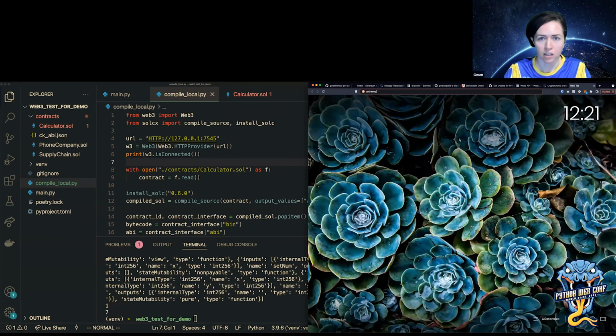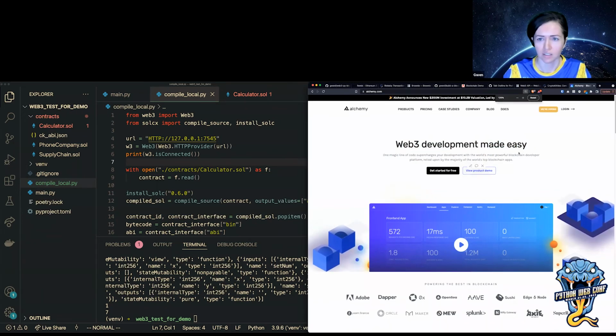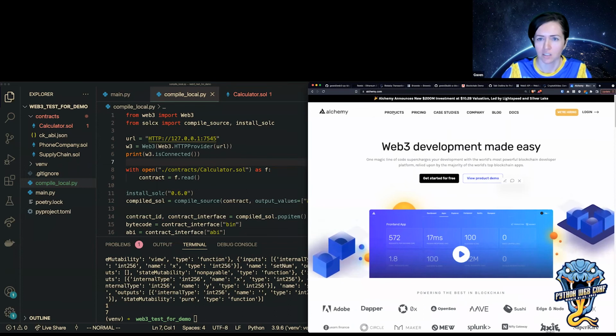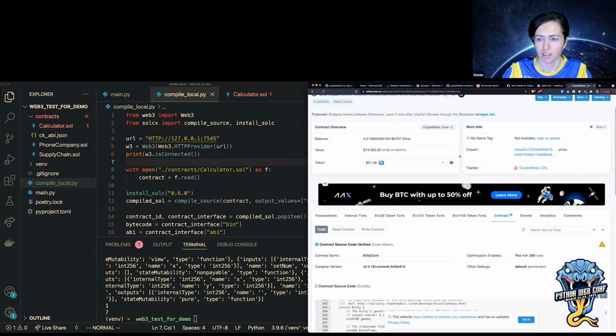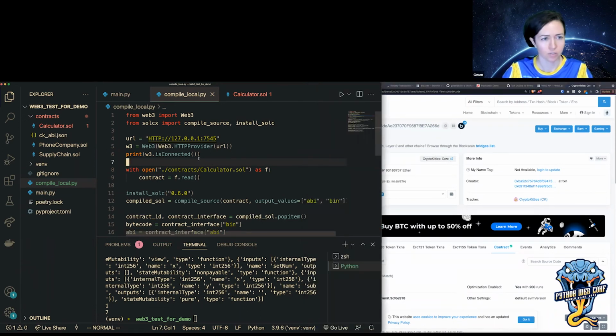The service that I use right now is Alchemy, so alchemy.com, but there's a bunch of them. There's one that begins with an M that I was trying out the other day, and I don't have a preference really, but this is just one of them, and it gives you a free development tier if you want to interact with live blockchains. And their API is really good. So I think that's it for talking about Web3.